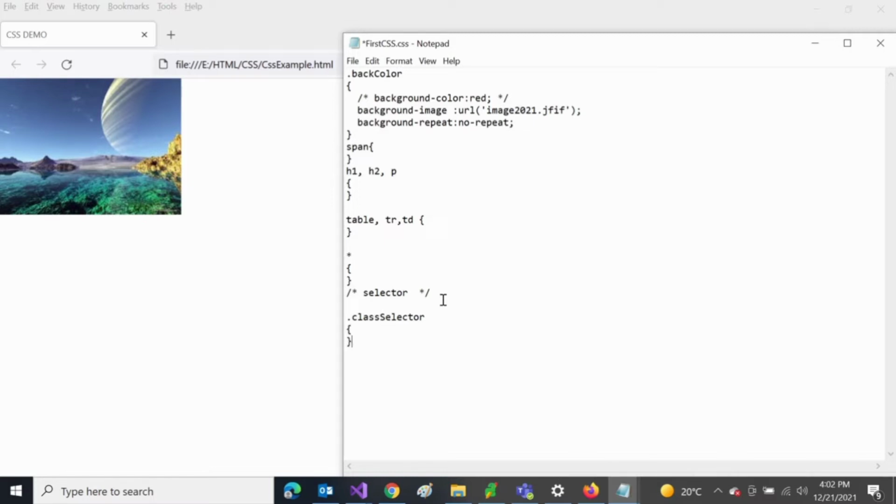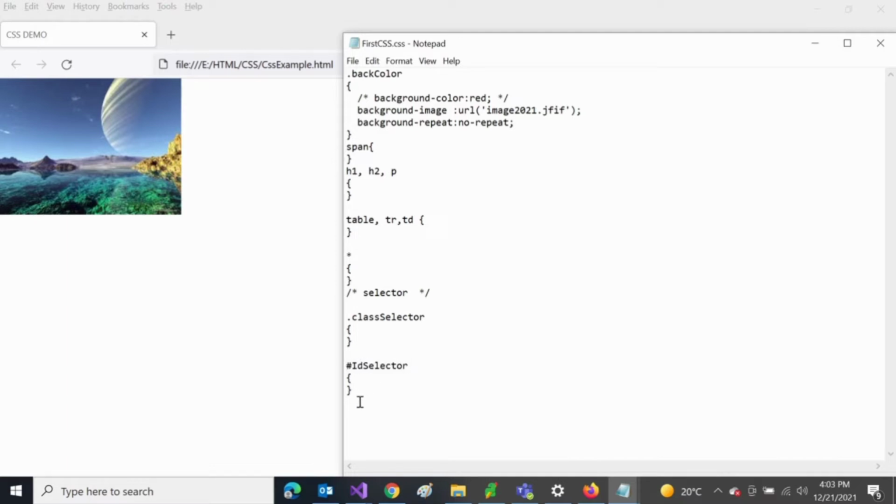So now I'm going to tell you about the selectors, how many types of selectors there are. So we have the first, class selectors. They start with the dot. You can put the dot and write your own class name and give it in the element like class is equal to the class selector. So we have the ID selector. The ID selector should start with the hash key.